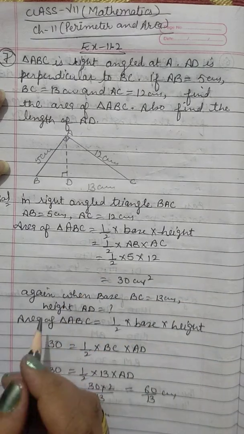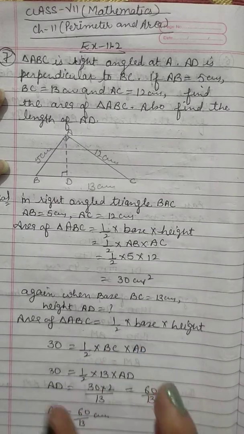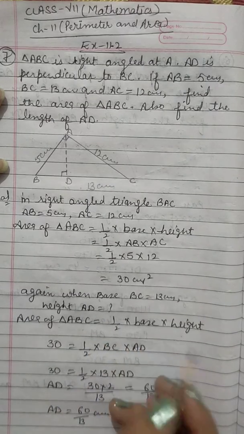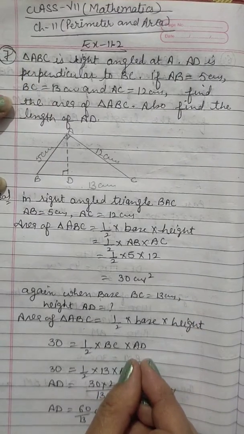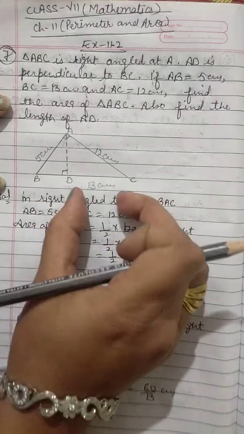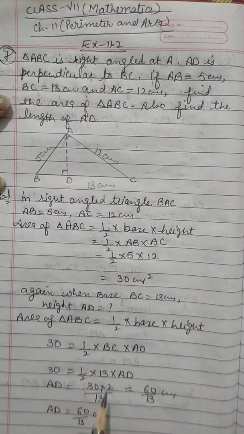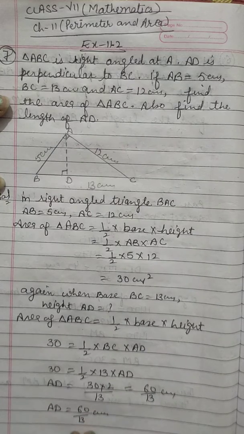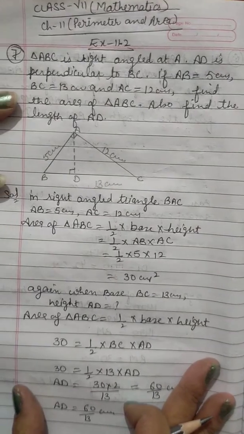Fine. So see how to write here, that area of triangle ABC is equal to 1/2 base into height. We always apply the same formula to find the area of triangle, that is 1/2 base into height, where base will be BC and height will be AD. Fine. And now area of triangle we have found out already. So write here 30, and BC is given as 13. Write here 13, and AD as we have to find out, write AD as it is. Now simplify it, and at the end you will get AD as 60/13 centimeter, or you can write also in decimal. So in this way you can simplify your question number 7.